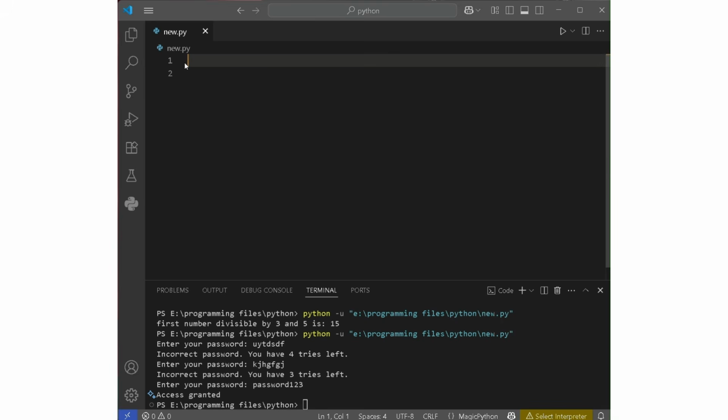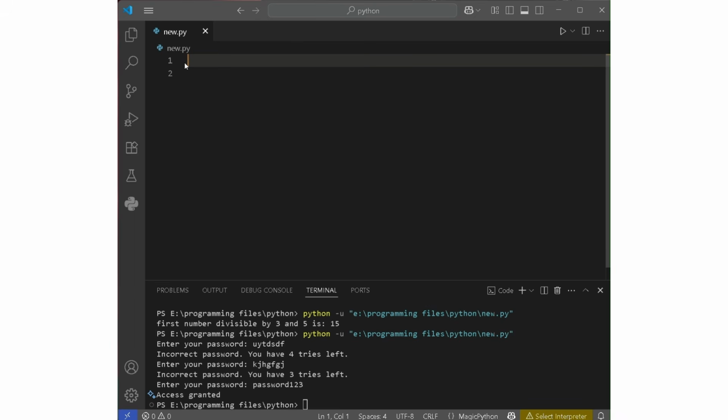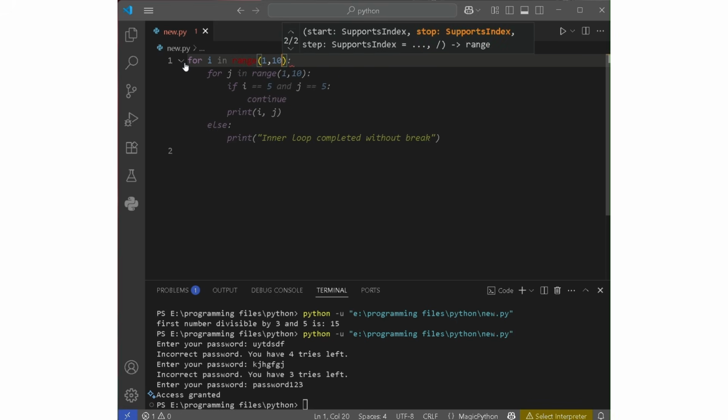So now I would like to teach you continue, break, and pass in a much more detailed way. You have already seen many examples of while loops and for loops, but I have used the break statement here. So let's see what the break statement actually is. So for i in range 1 to 10,